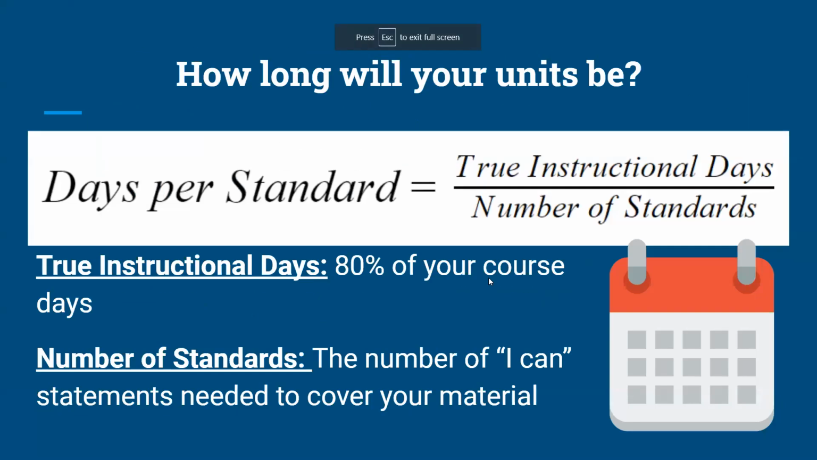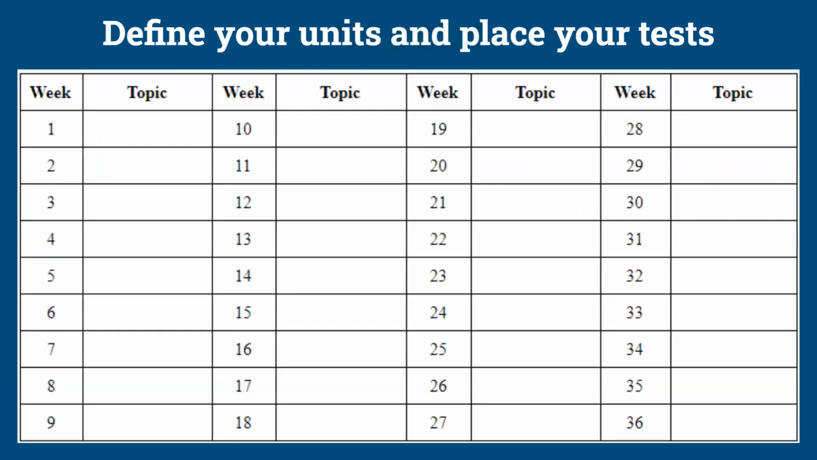But once you've figured out your units, you're just going to place them on a basic map. And this is what my basic map looks like. You'll notice there are 9 weeks in each column because there are 9 weeks in a quarter at my school. I taught on quarters, not trimesters or semesters, but you're going to map this out to match your school's course